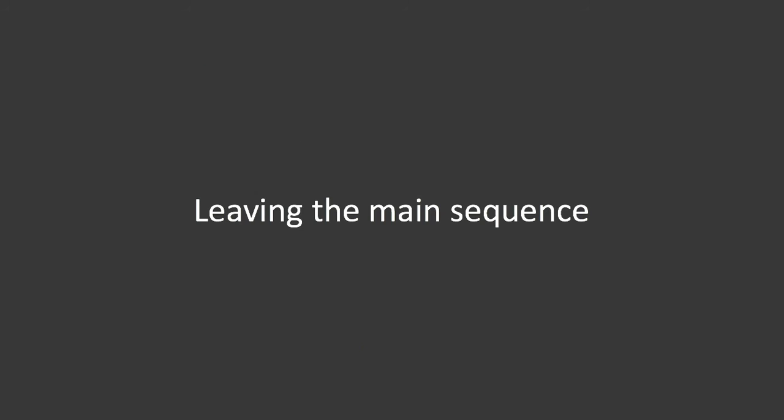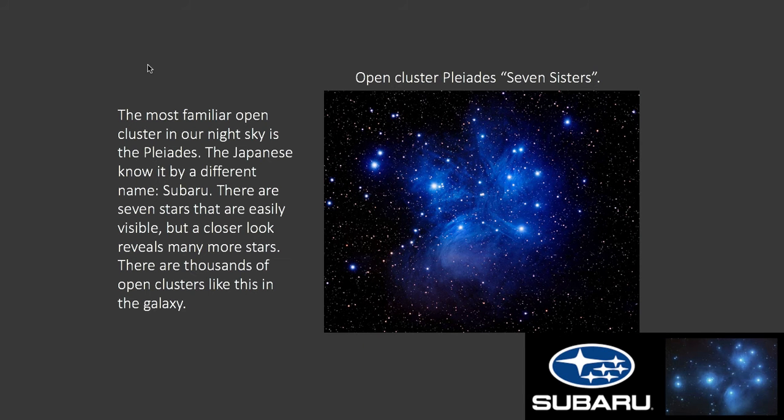Now, for an open cluster, the key is that there's a smaller number of stars, and you can count the individual stars when you look at the cluster in our night sky. So by open cluster, what we mean is they're countable. You can count them. And the most famous one in our night sky is the Pleiades, also known